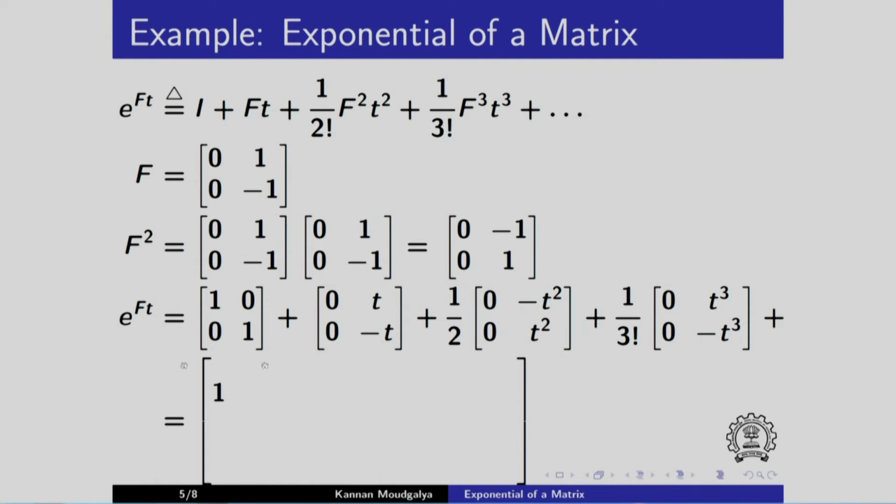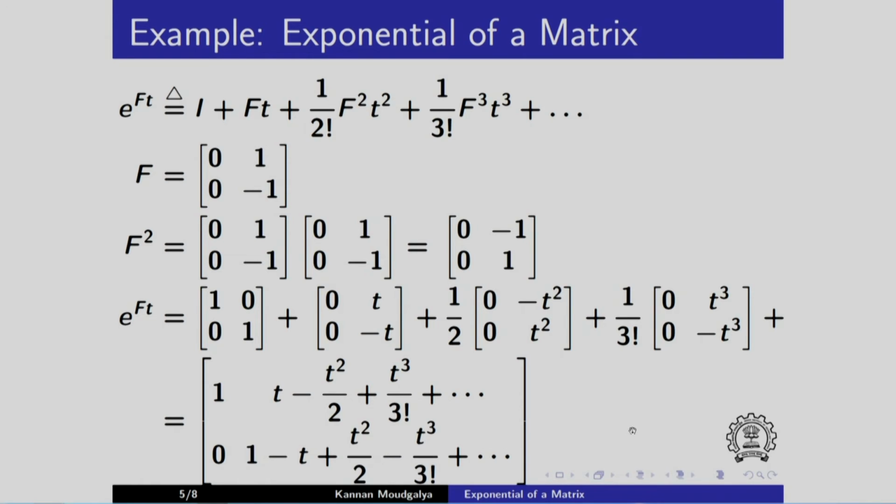Let us now total up. You can see that one term is given by 1 only because it is 0 from the second matrix onwards. Let us do it for here. You can see that this is equal to t minus t squared by 2 plus t cube by 3 factorial. And of course the other term is 0. What about the last one? One can see it is 1 minus t squared by 2 and minus t cube by 3 factorial. So you get this, and this can be simplified. It is easy to arrive at this expression.